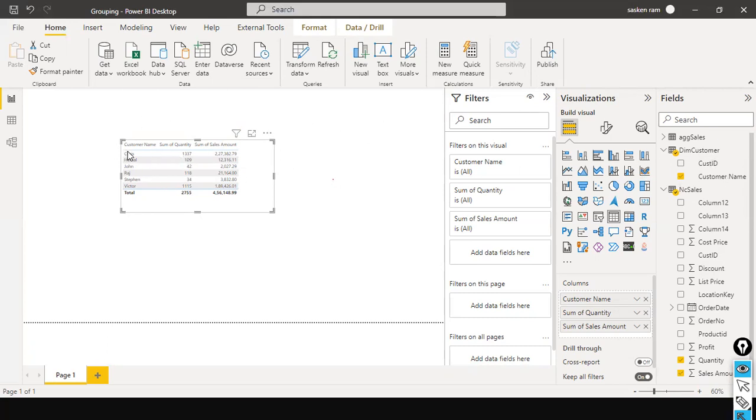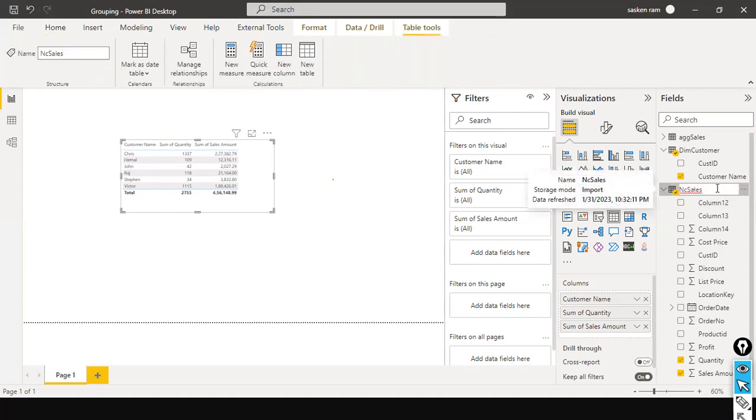In this case, the dim customer table's customer name column filters the fact sales table. One second, I will rename it. Instead of the sales table name, in a real-time scenario I would use fact sales. Fact sales is nothing but the transaction table. In the case of a data warehouse, they call the transaction table fact sales. And if you go to the model now,